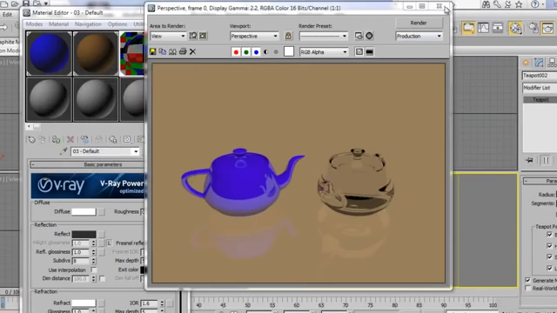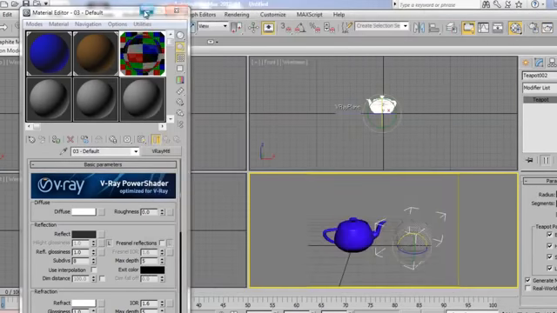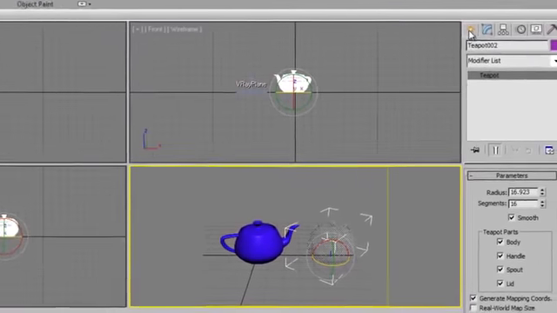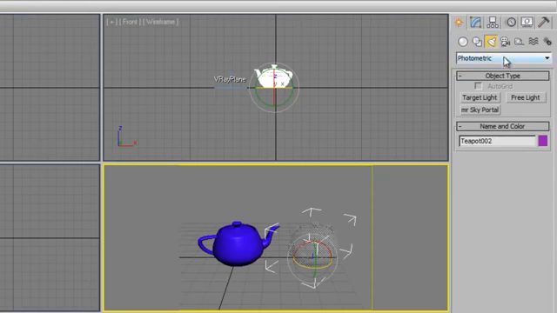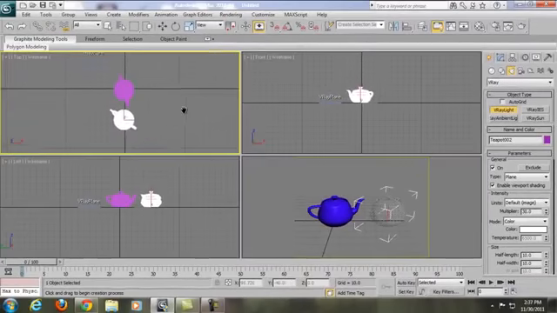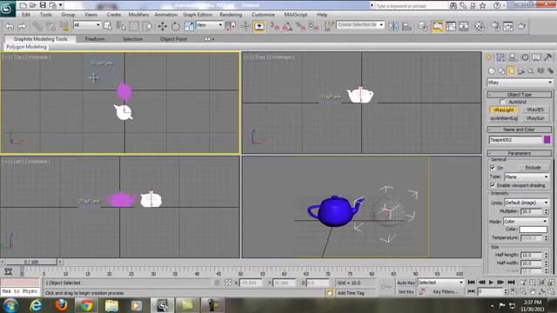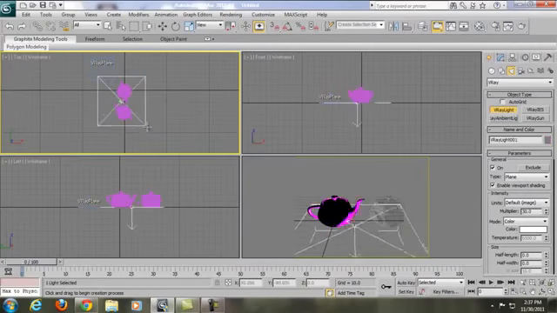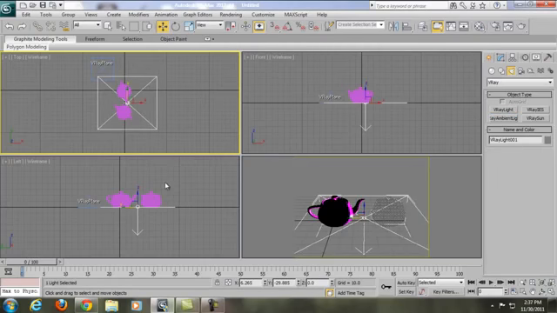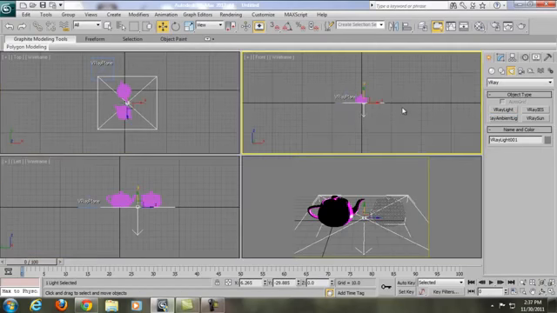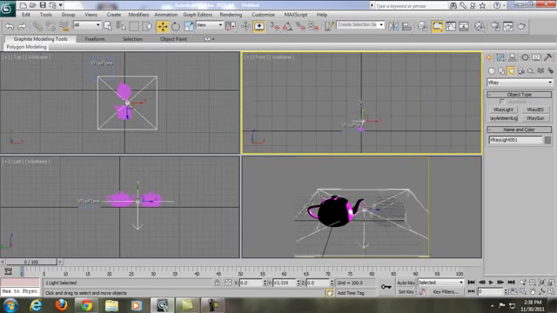Alright, now the last thing we're gonna want to do is add some lights. So we're gonna go to create. This is geometry. We're gonna choose lights, and we're gonna change it from photometric to V-Ray, and choose V-Ray light. And then we're gonna create a V-Ray light from the top view over here. Click and drag it like so, and select and move. And from the front or the left view, it'll be the same. Just move it up